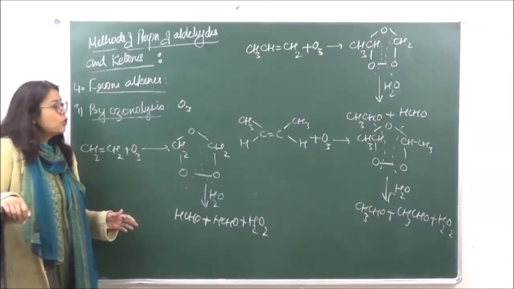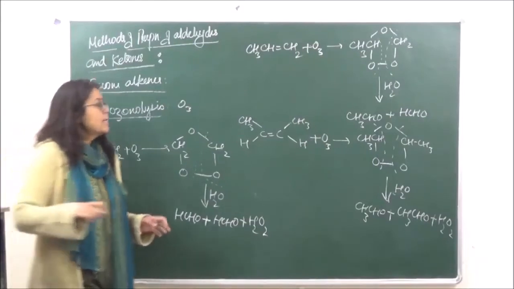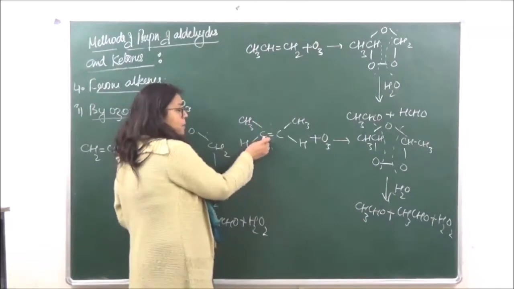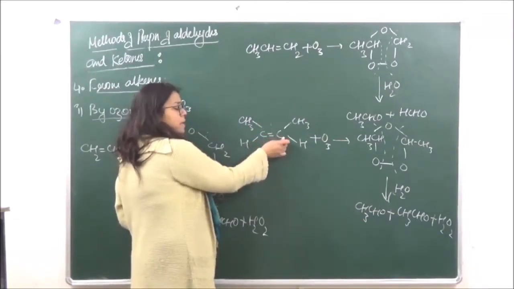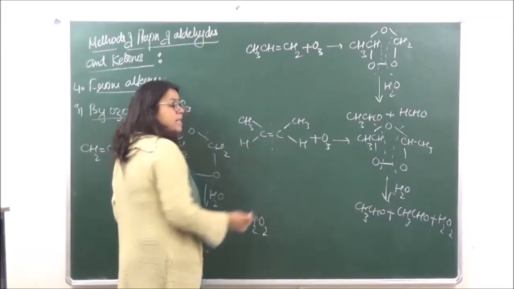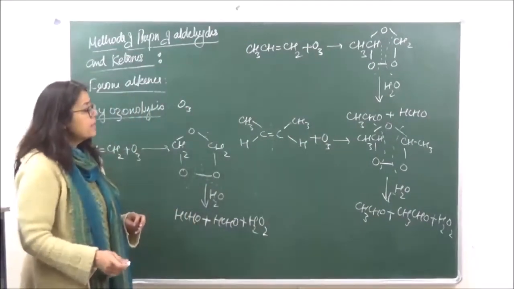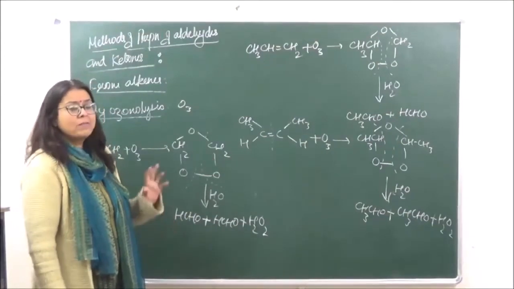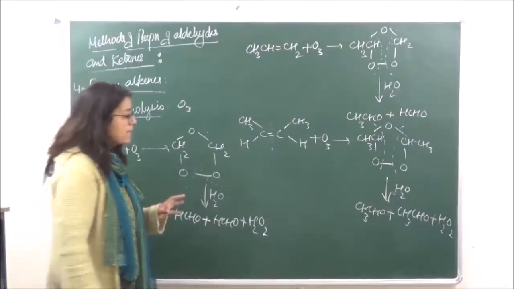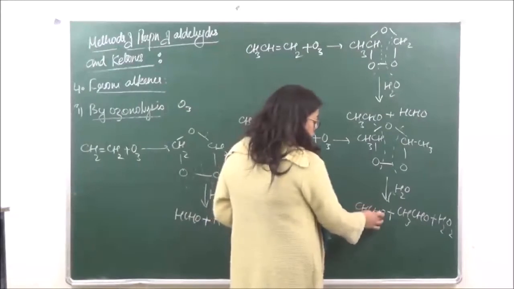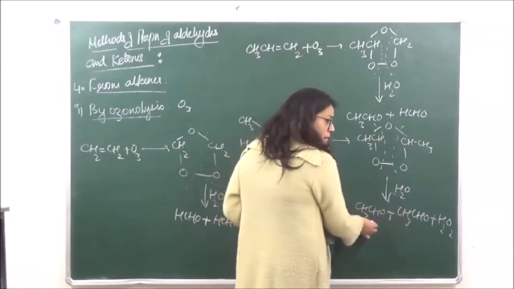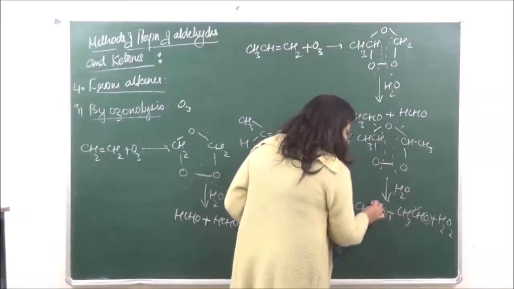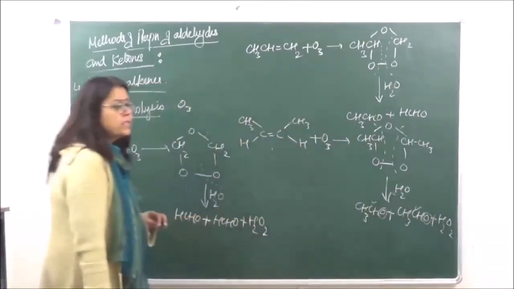Now in order to work out the products in your competitions, you do not have to go through the entire reaction. The only thing you have to do is that the cleavage of the bond takes place from here, and you add a double bond O to this carbon atom and a double bond O to this carbon atom. That is going to be your products. Now if the question comes in such a manner that the products are given to you and you have to work out the reactant, then you have to abolish this oxygen and this oxygen, and there is going to be a double bond between these two carbons.